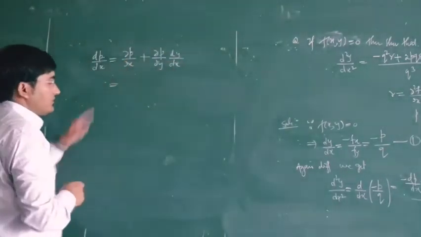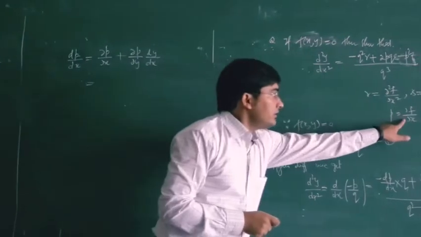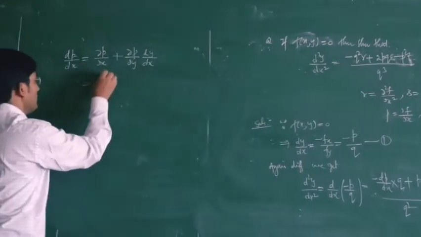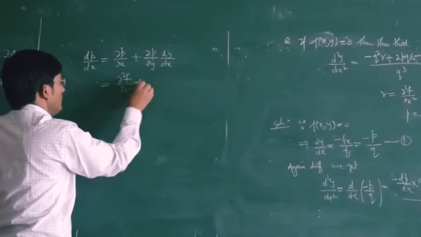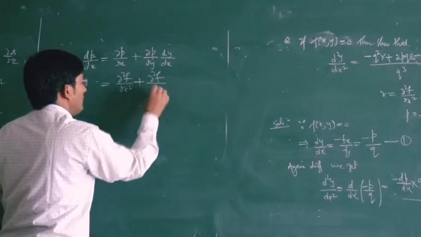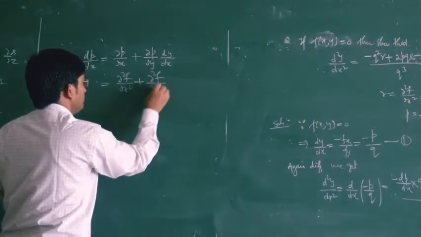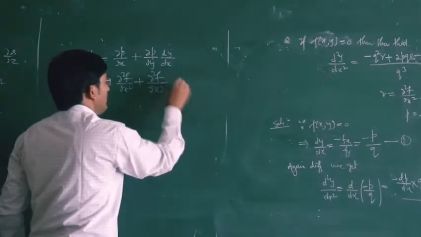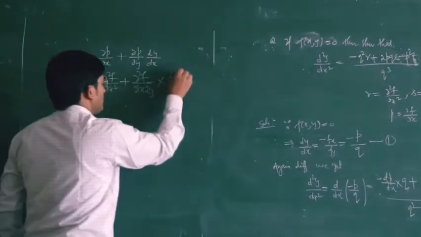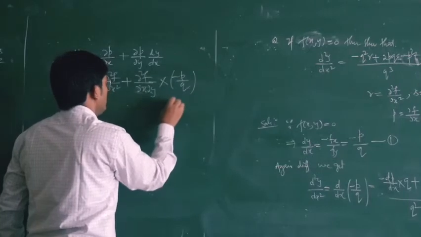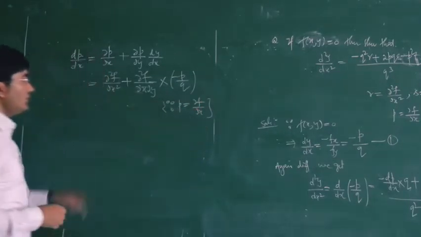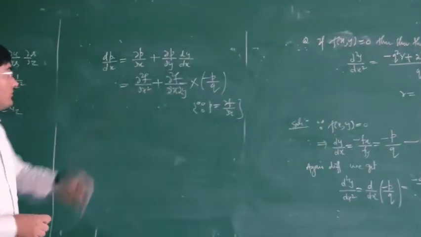Now del p upon del x, p is del f upon del x. If we differentiate one more time with respect to x, then this will be del 2f upon del x2, then this will be your del 2f upon del y del x or del x del y, and dy by dx, the value of dy by dx is minus p upon q, because our p is del f upon del x. So putting the value of p, we will get this term.